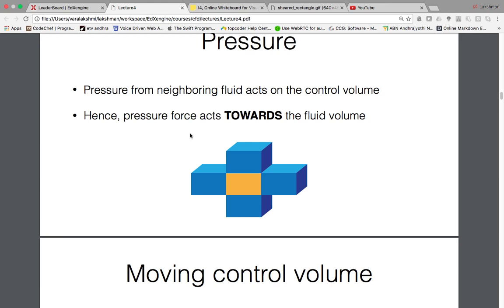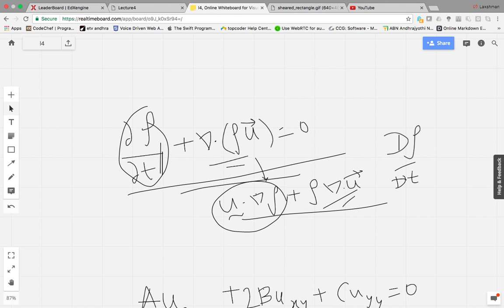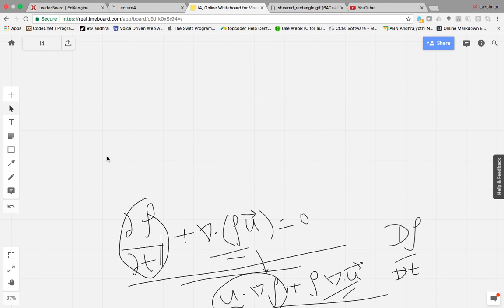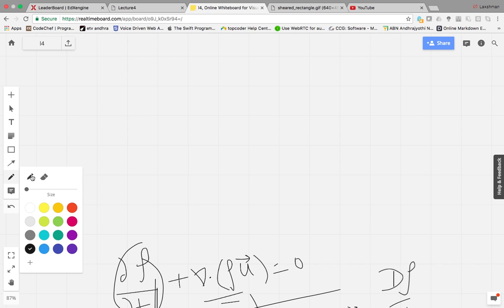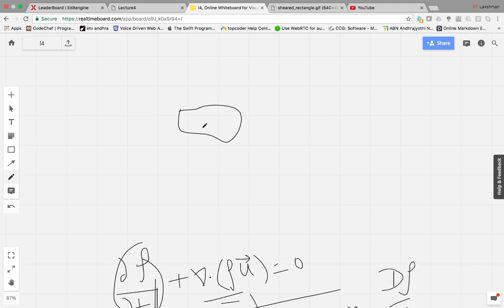So here we assume that, if you try to make a free body diagram, so for example when you are in high school, you must have learned a free body diagram. When you have a general body, a gravitational force, so mg acts through the center, and if there is a tension, if it is attached to a string, that is tension T. In the same way,